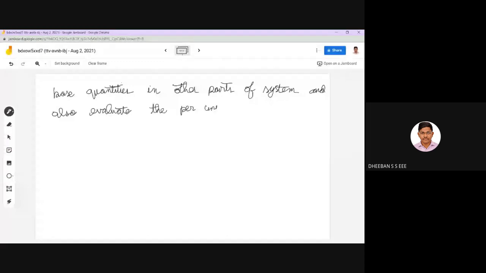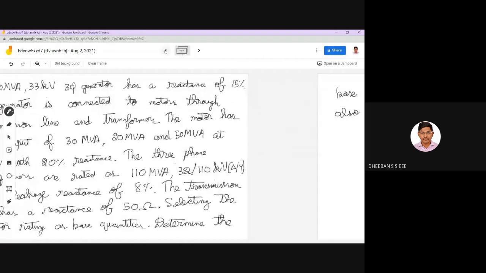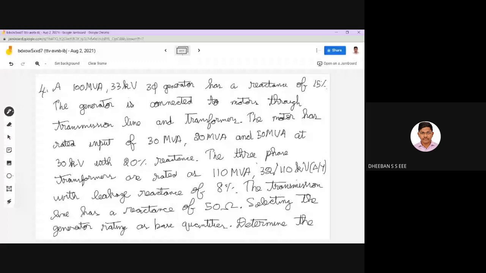So here in this problem, it is clear that they didn't give you that figure. Okay, they didn't give you the figure, but they have given very clearly